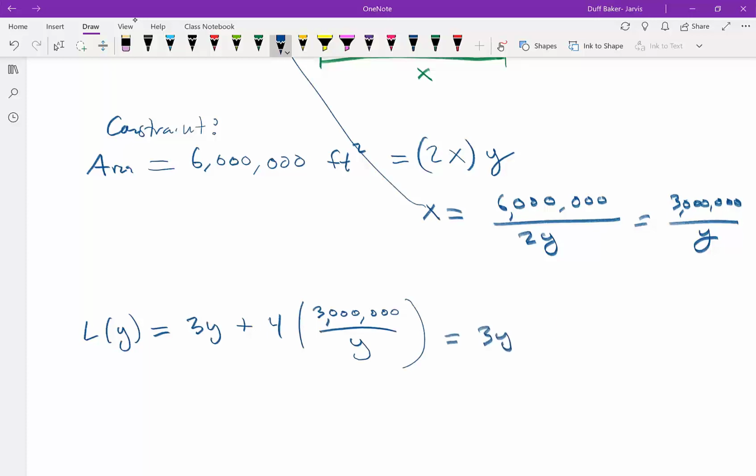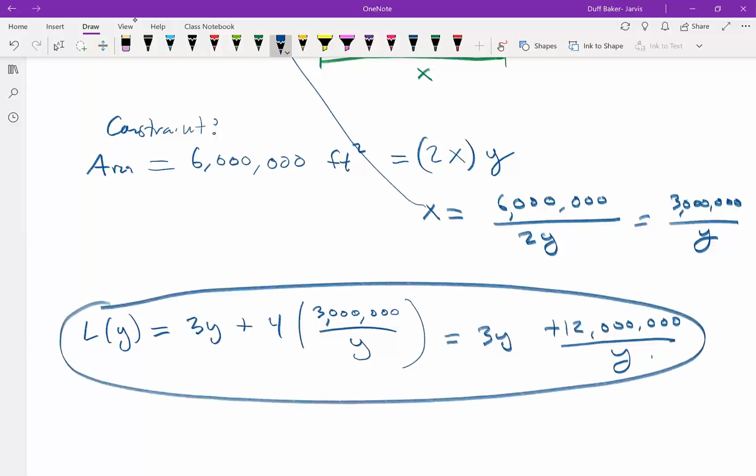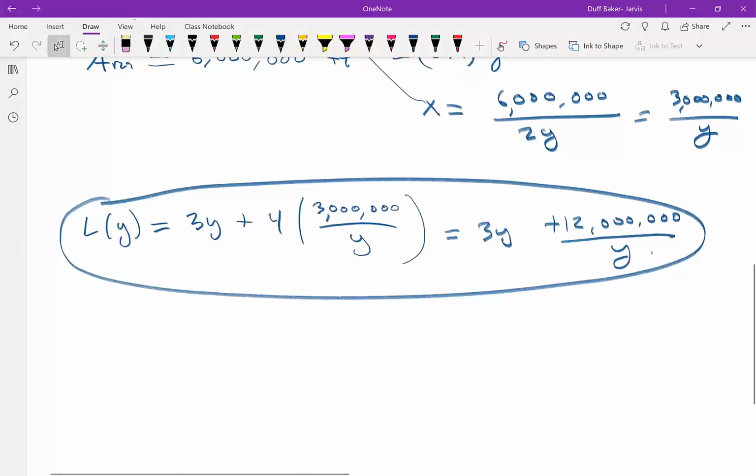That's 3y plus 12 million over y. Okay, so that's the thing we want to minimize. And so to minimize, right, we usually find the critical values by taking the derivative. So let's take the derivative, would be just 3